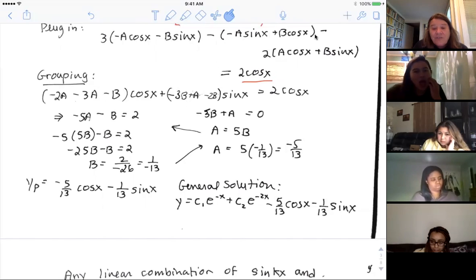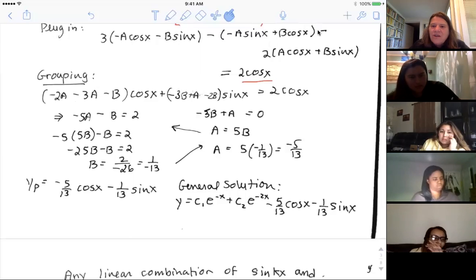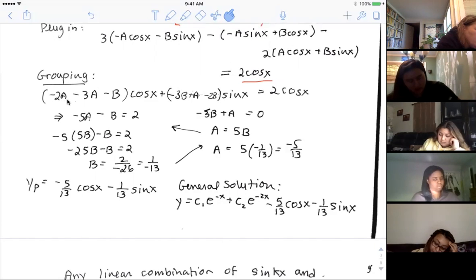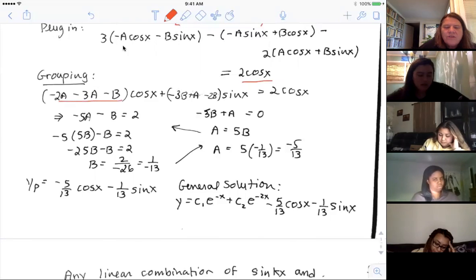Be careful, because I made a small error when I was going through it, and the whole thing messed up. If you have to go to another line here, because this screen I'm working on is so short, and there's a minus in front of it, don't forget that. Make sure you got the minus shooting through here. So the other thing that's got a cosine on it is minus 2a. So that's where all of this came from, the coefficients on the cosines up here.